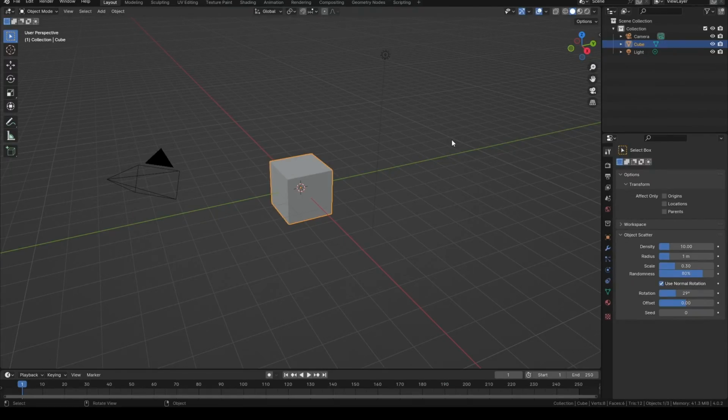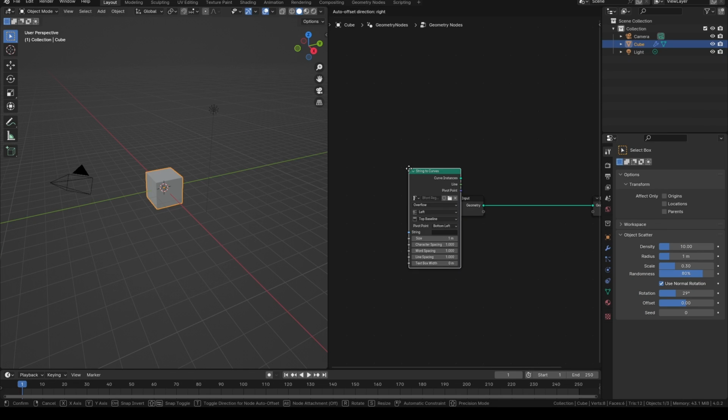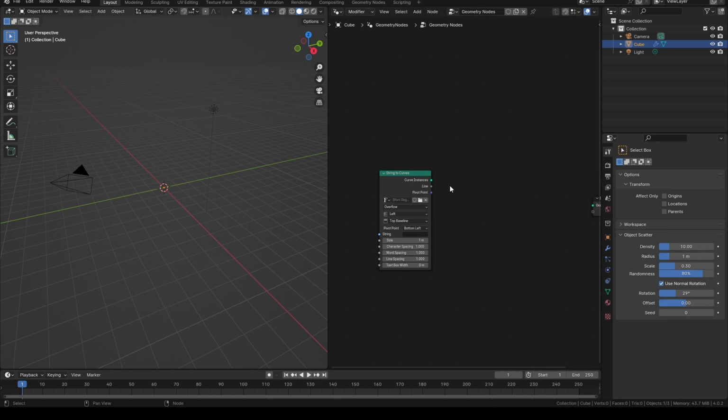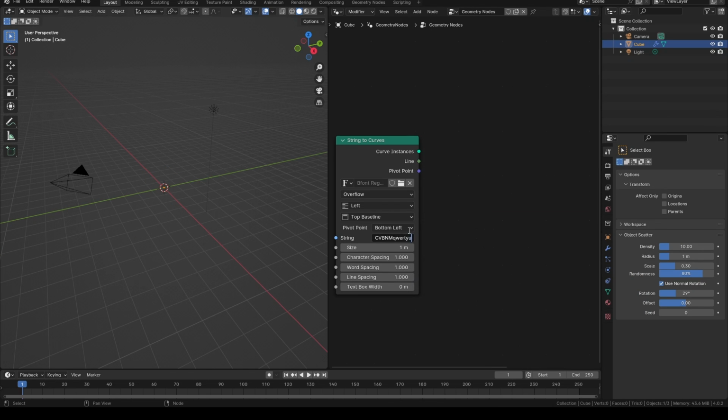How to quickly create this animated text scramble effect in Blender. Start by not deleting the default cube, add a geometry nodes modifier and add a string to curve node. Press all the letters on your keyboard. Add a realize instances,